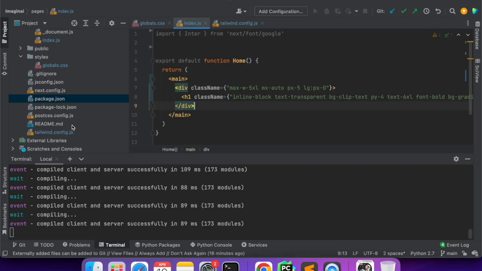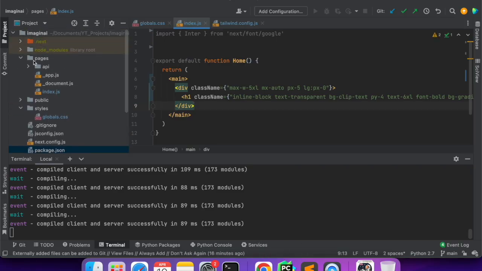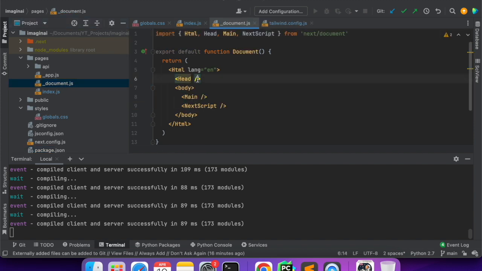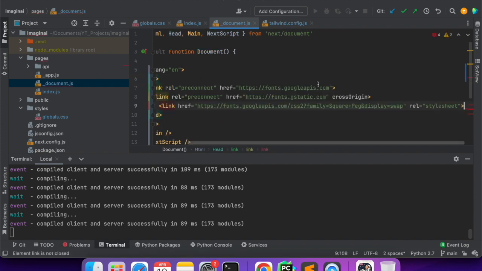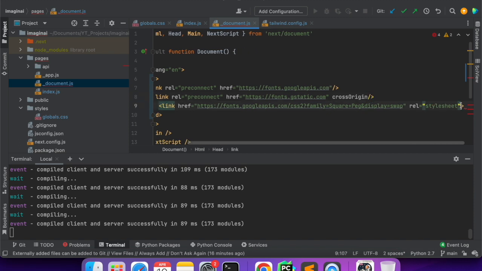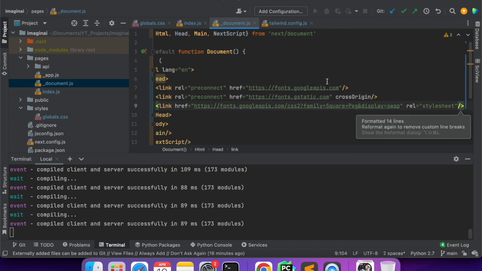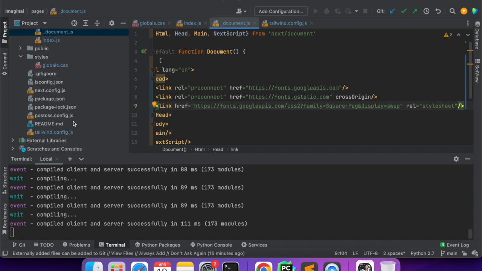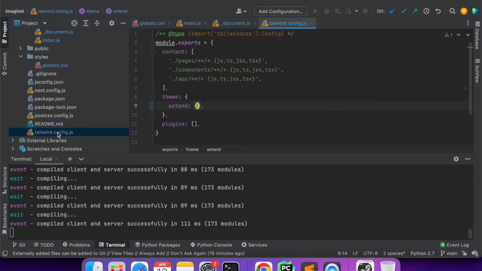We'll go back to our project, and in the project you will see inside the pages there is underscore document.js. So we'll go inside the document.js, and inside the head we have to give this link. There are three links, so for each we have to close the tags. Okay, so this is done. One part is done. The other part is to declare the font family, the font that we are going to use, so that it is available